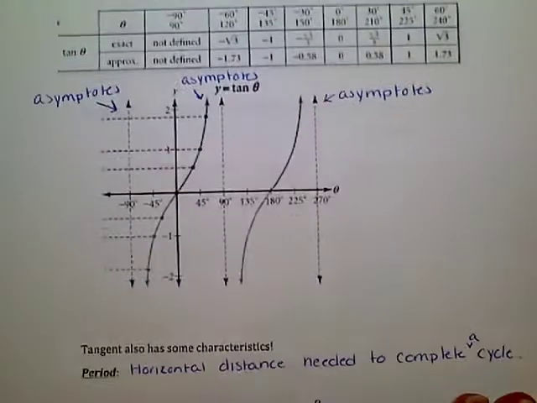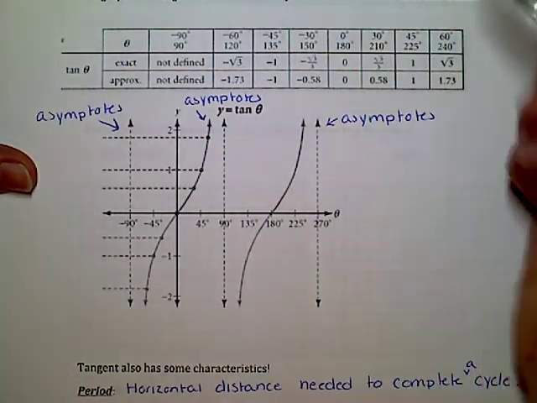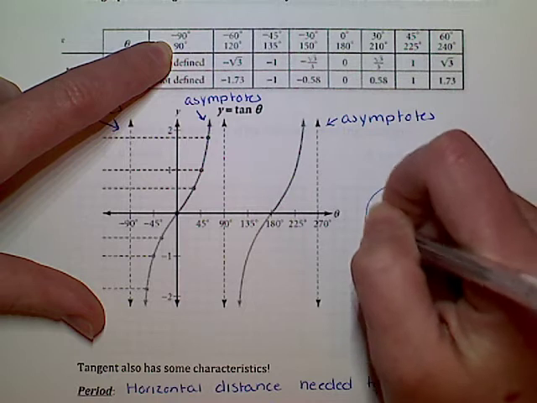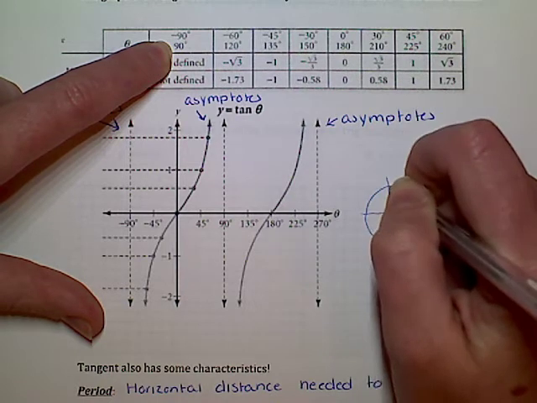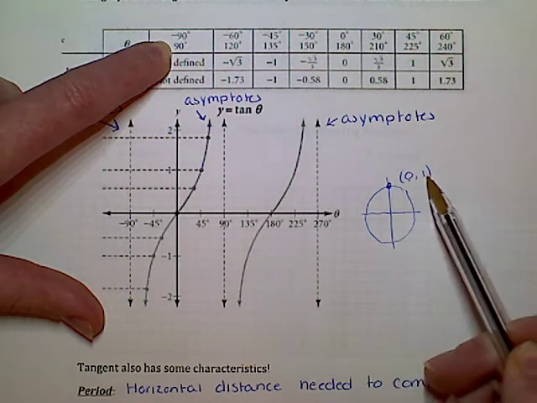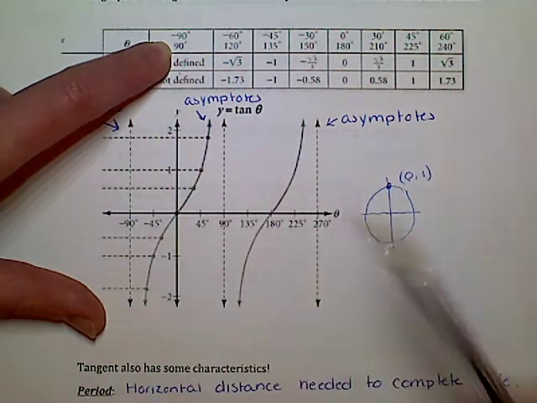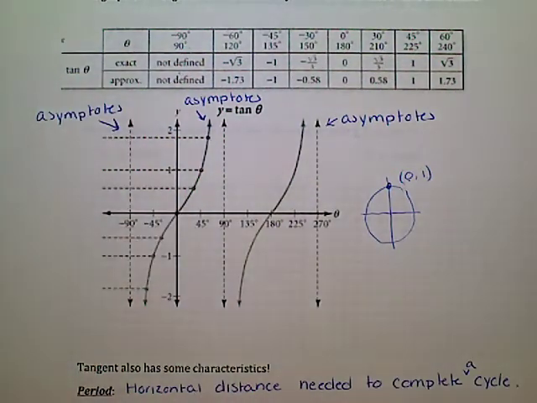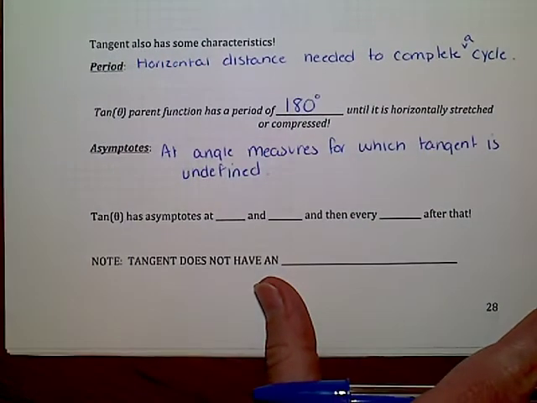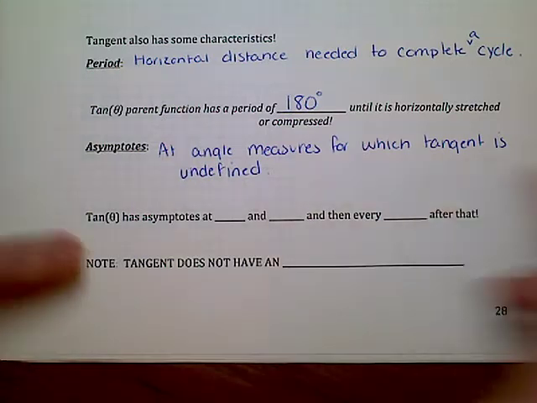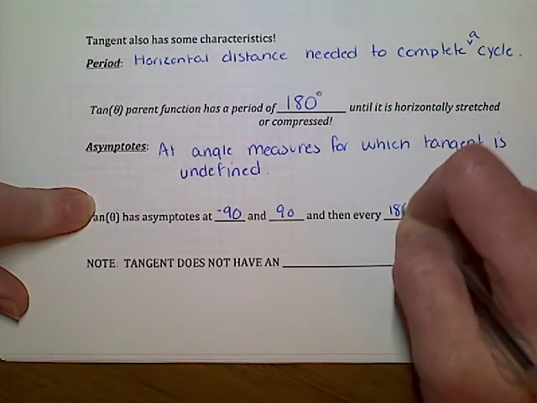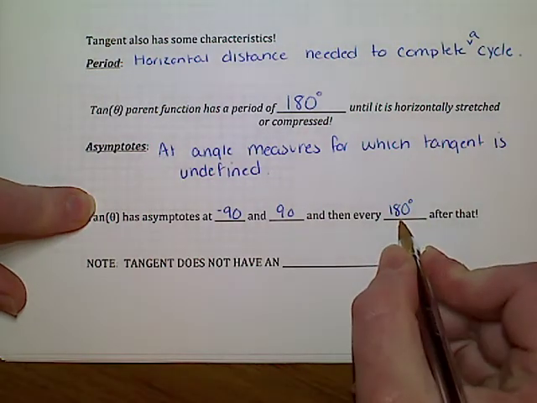If we go back up here and think about tangent of 90 degrees, if we think about our unit circle at 90 degrees, here we are, (0, 1). Tangent is y divided by x. Oh wait, we get 1 divided by 0. That's not defined. That's why there is an asymptote there. Okay, that's why that asymptote exists. So try to remember this. It's going to have asymptotes at -90, +90, and then every 180 degrees after that,